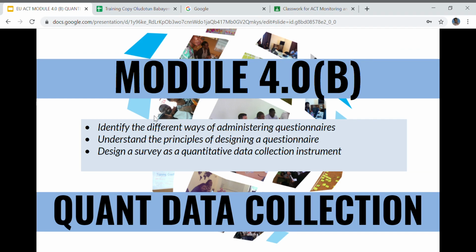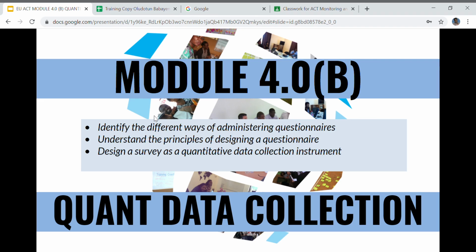It is majorly a quantitative data collection method. In Module 1, we discussed data collection as a process. We've looked at data sources, at different types of data sources, primary and secondary, and we developed a data collection plan. So now this is one way of implementing our data collection plan, which is going to the field,